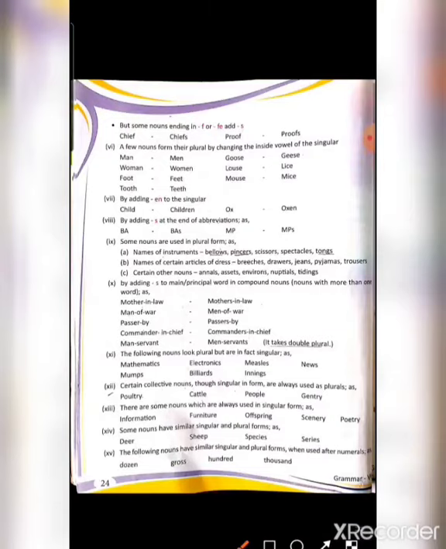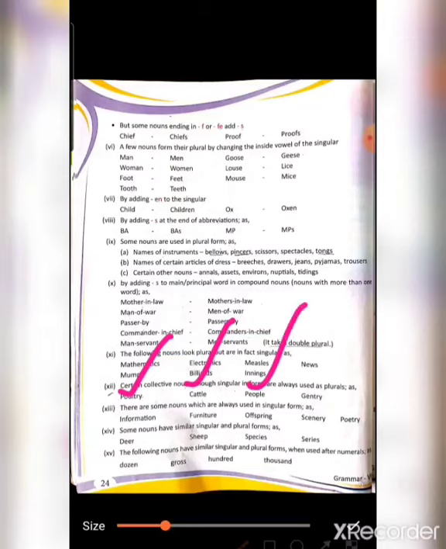Next, certain collective nouns, though singular in form, are used as plurals. There are some words, beta, which look singular but are always used as plurals, like poultry, cattle, people, gentry. You can see they do not have s or es in the end. They look singular, but they are always used as plural words. We always say people are there in the room. We never say people is there, because people itself is a plural word. Cattle are being reared. Clear? So we always use a plural verb with these.